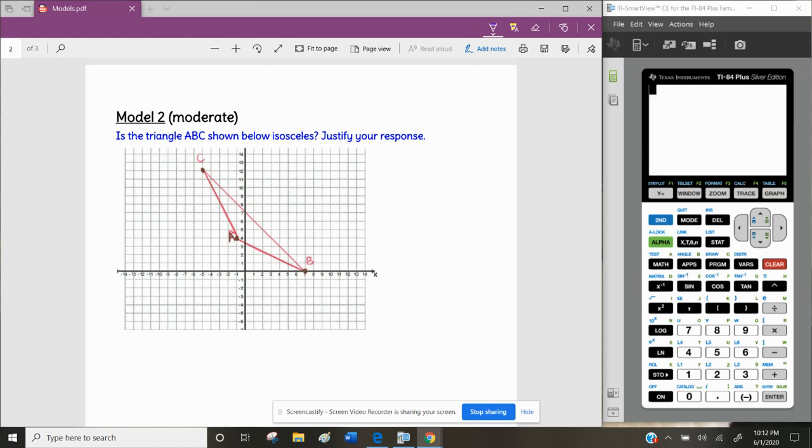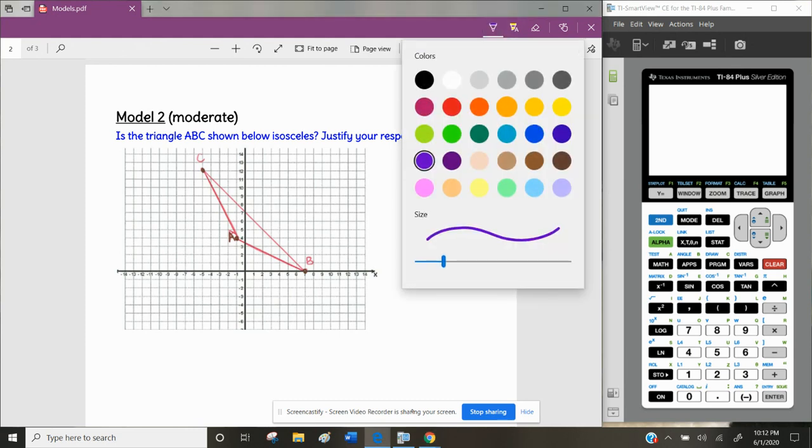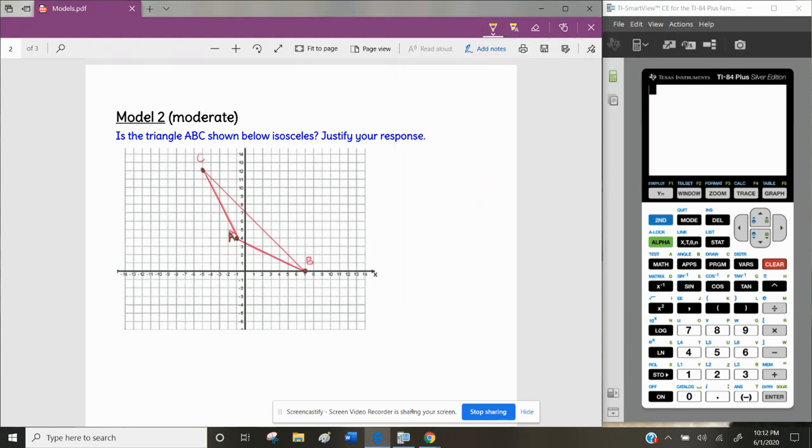This is Numbers with Nicole, and we're going to do 2 more models on finding lengths of segments on the coordinate plane, but we're going to amp up the level of difficulty on that. All right, so we have a triangle ABC shown on the axes below, and we want to know, is it